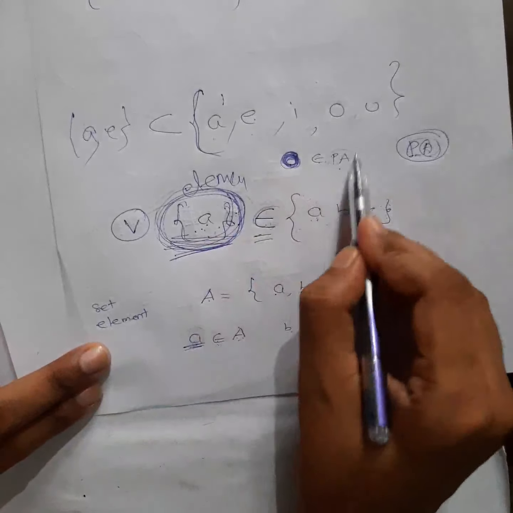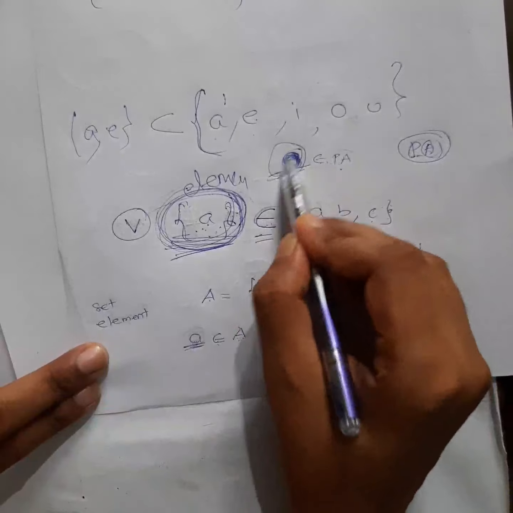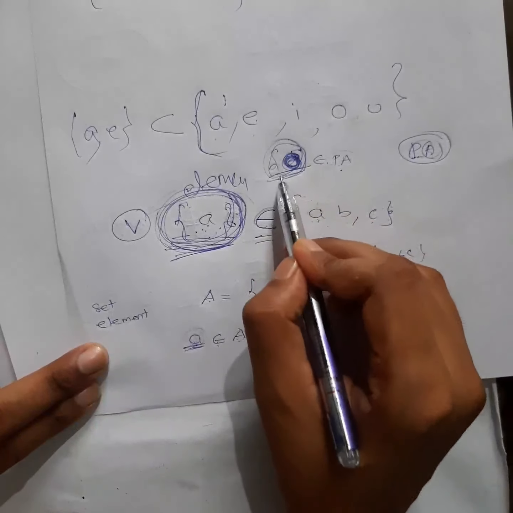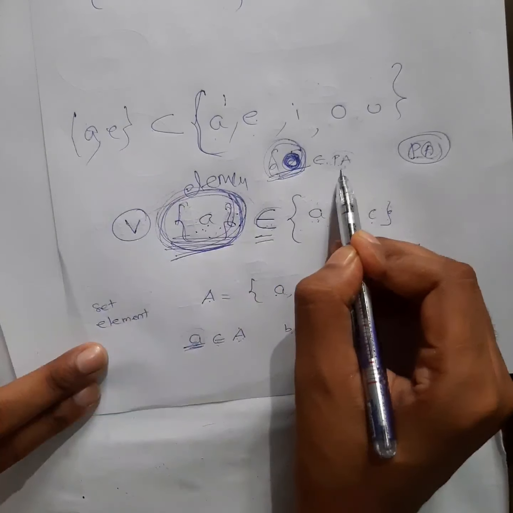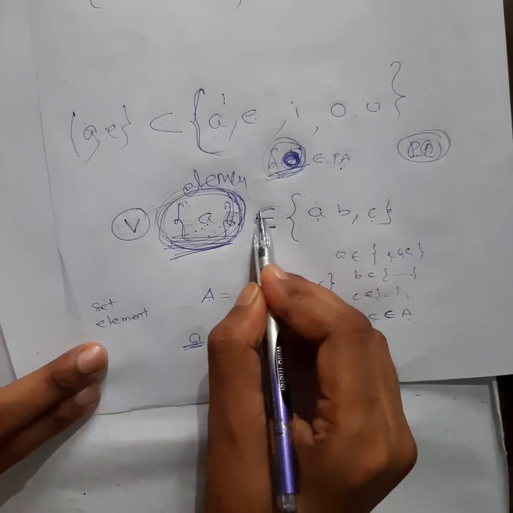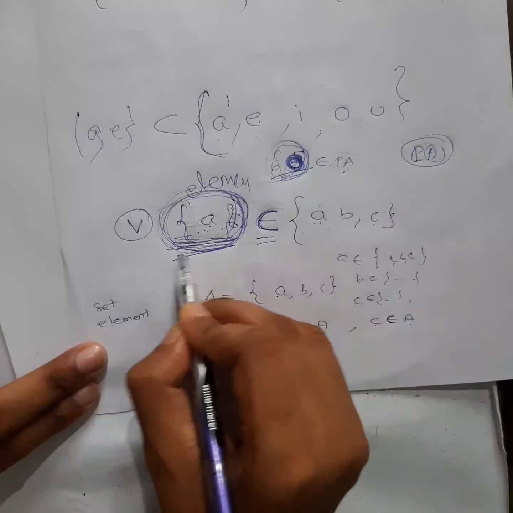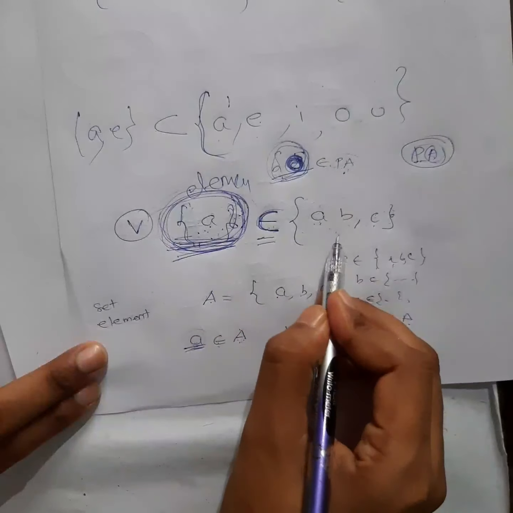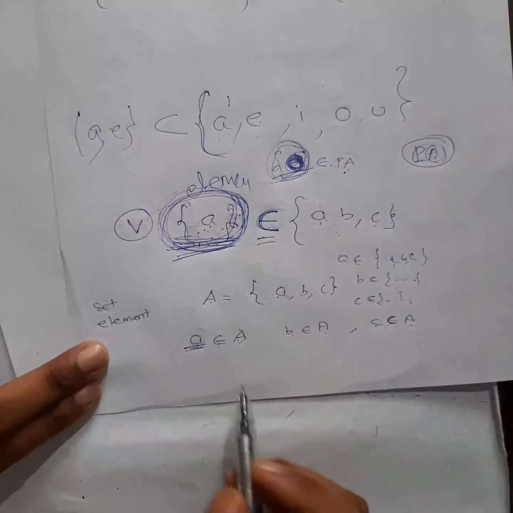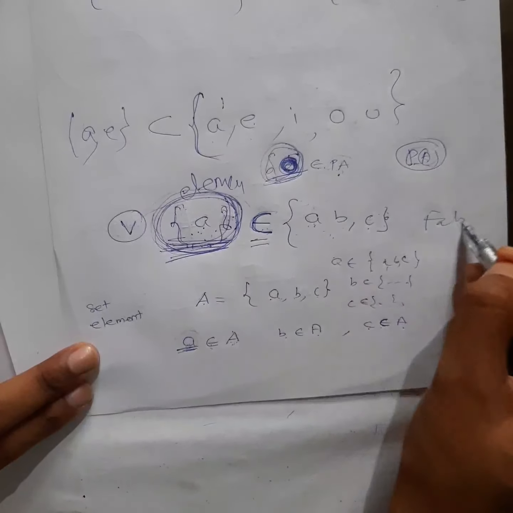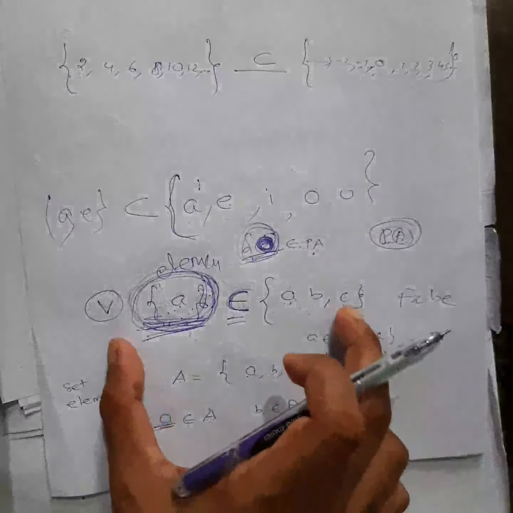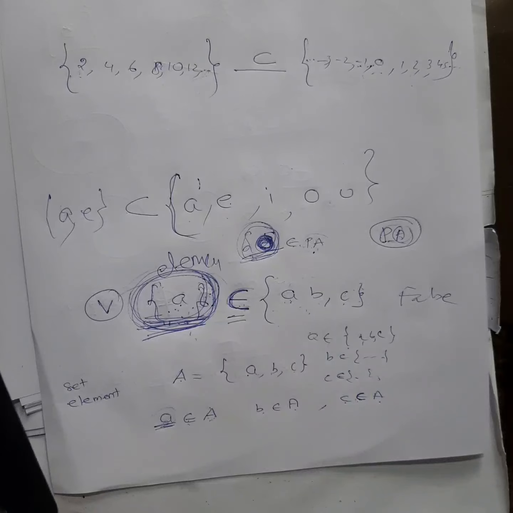Okay, in the case of a power set also, you know, this is an element. If it is a set also, this set will be an element for this set. So basically, whenever you have the belongs symbol, try to understand this must be an element of this set. Element, not set. Okay, so this is a false statement. Is this clear? If you have doubt on this, you can ask me again. I will explain again what is a set and what is an element. Then only you will understand this well. Okay.